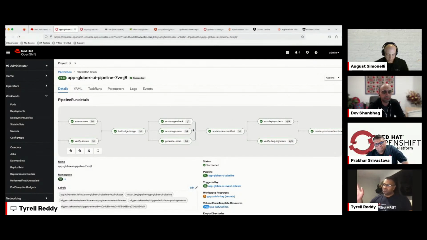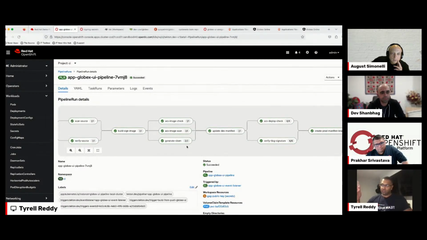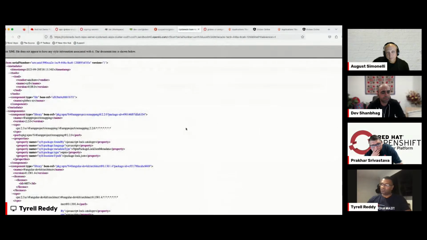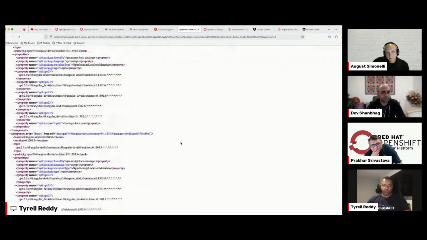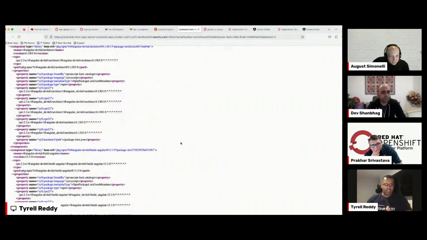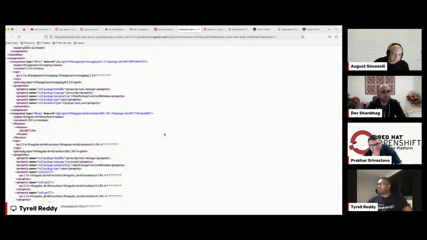All right, so those are the two ACS checks we do. And the final one is what Prakar mentioned before, the SBOM generation. This is actually going to scan your Node.js application and look at all the dependencies that are being used in that application, right? And it's going to spit out a file called an SBOM, right? So this is an XML representation of your SBOM. It doesn't make any sense just looking at it, right? But it has stuff like which libraries you're using, the dependencies, where they're coming from. It's basically like a library of your library, right?